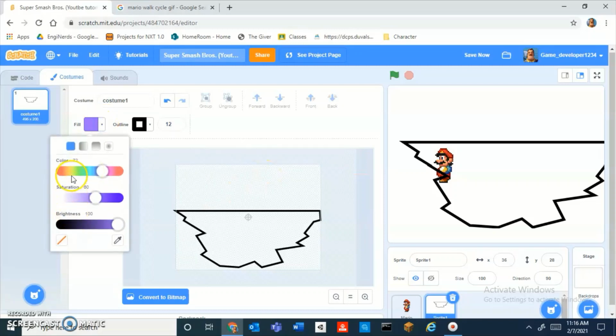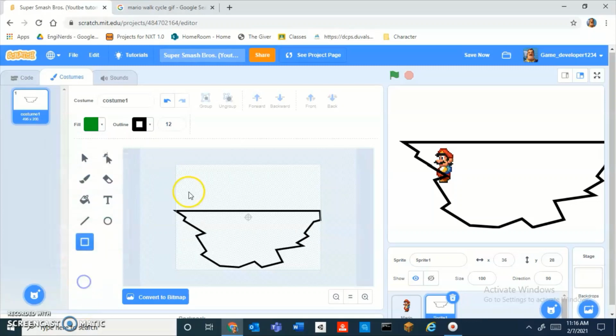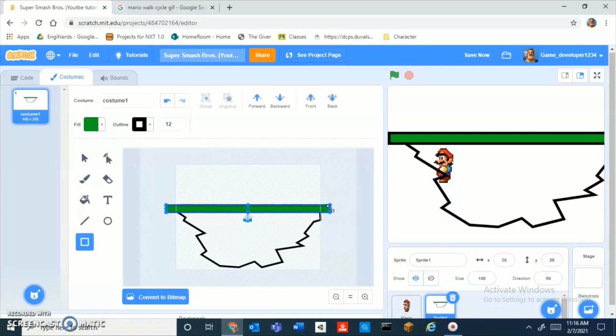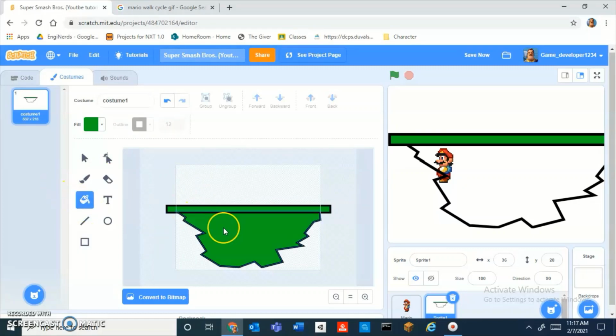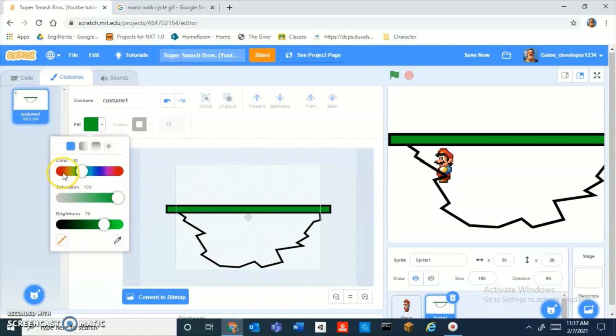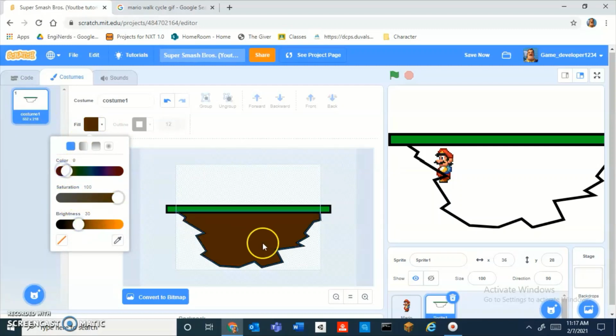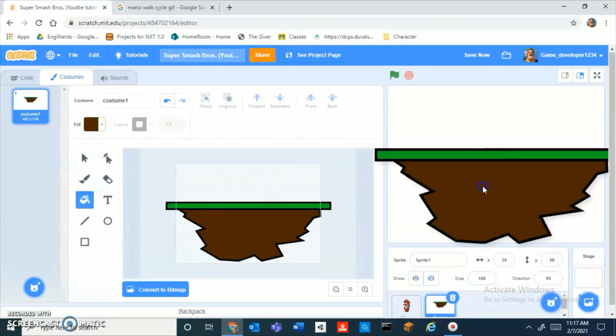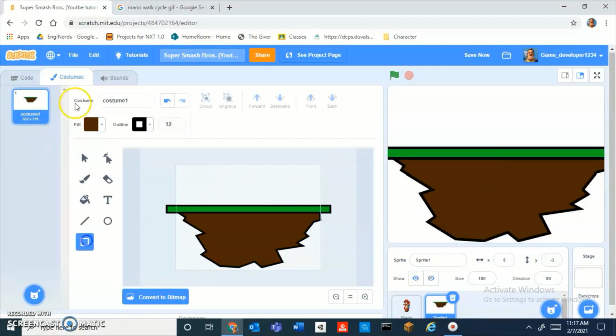And now, just add a green outline. Like this. Well, a green square actually, not a green outline. And then fill in the bottom kind of brown shade to make a floating island.